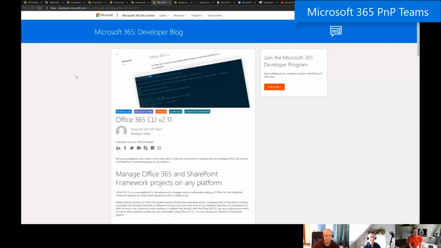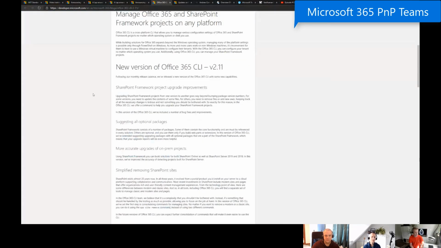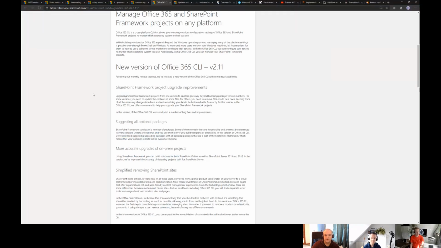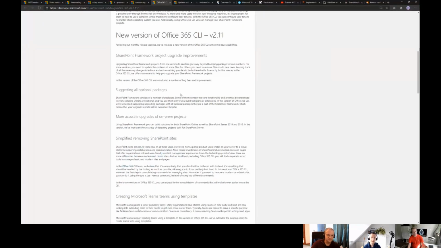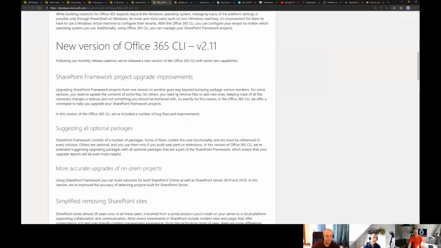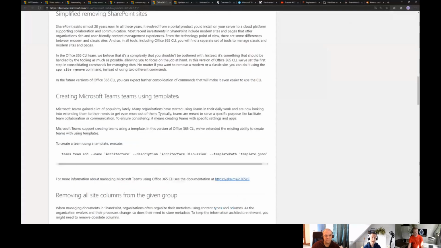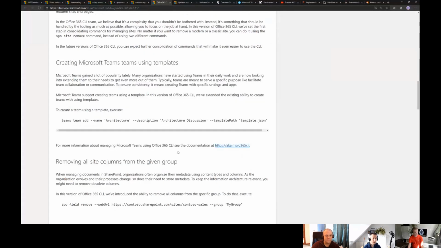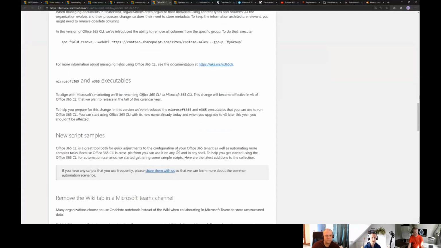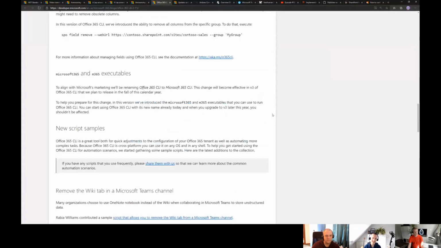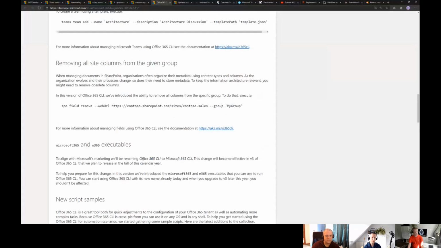Now, Office 365 CLI had a new version, 2.11. Do you want to talk about this one, Waldek? Yeah, sure. Just to call out the changes. So, a new version with a number of improvements. We have improved the ability to upgrade SPFx projects from one version to another. We extended creating teams with support for templates. Another addition is the ability to remove fields from a group. So if you want to clean up a site and you want to remove all fields from a given group, you can do it in a single go,